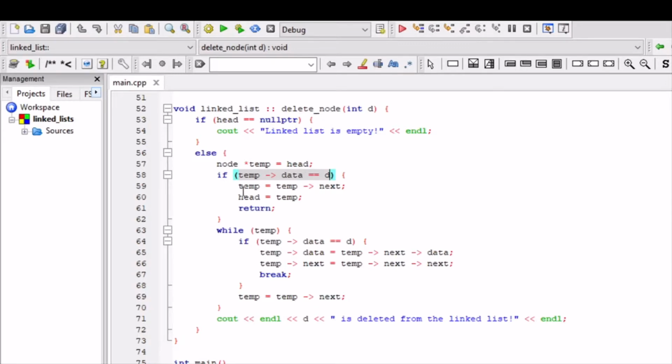And if that's true, temp is going to be equal to temp next. So we're going to break the link between the previous node and the temp node using this statement. And also, we're going to assign temp to head. So basically, we deleted the first element in the list. And then, while temp is true and temp does not equal a null pointer, we're going to use an if statement